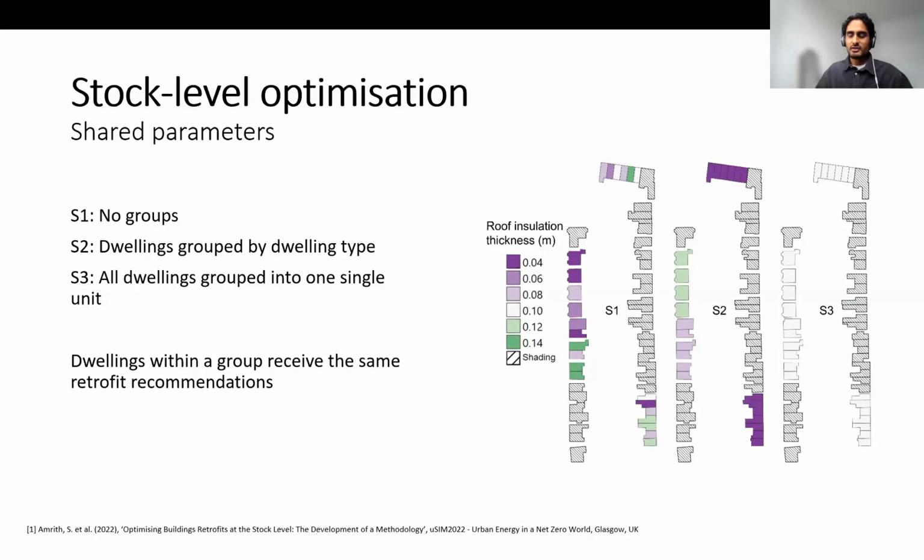This could be a challenge. It links to the answer I just gave, where you can still take into account those individual characteristics of the commercial stock if you were to apply this to it. But maybe the difficulty there would be, how exactly do you represent these characteristics, and are they being captured in your model? Mixed buildings, I suppose, are also much more difficult, because then you have the question of who is in charge of the retrofit, and considerations like that. So maybe it's not so straightforward in the actual implementation.